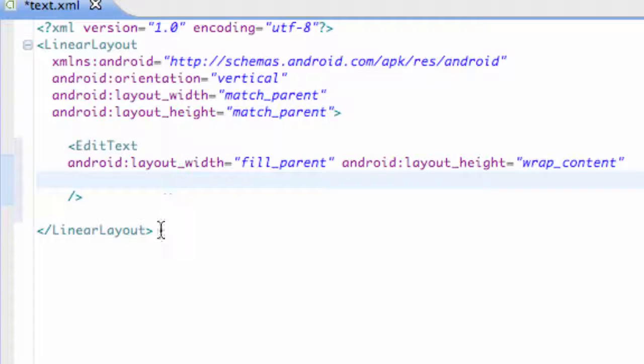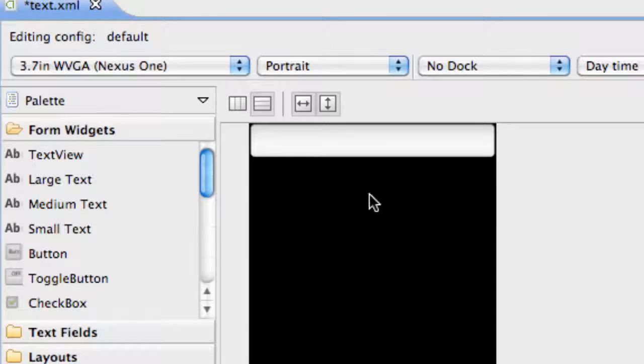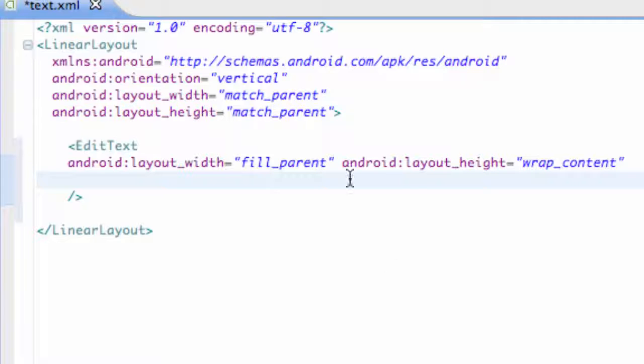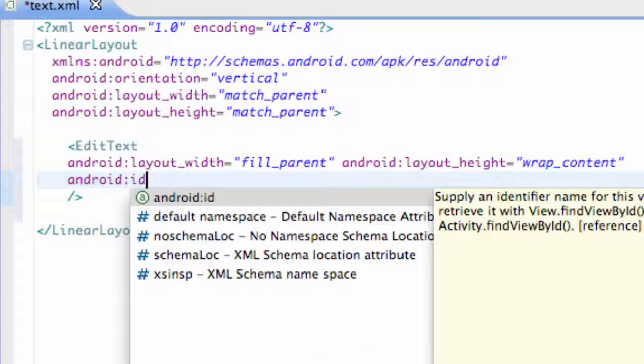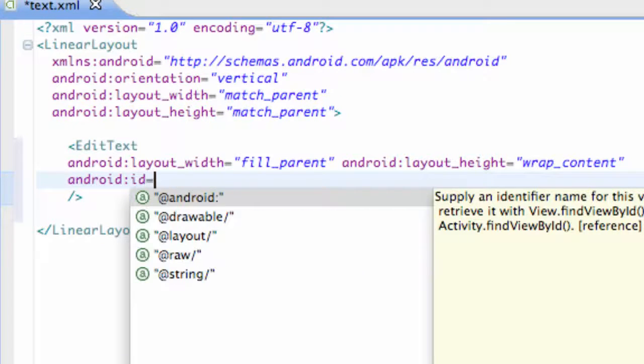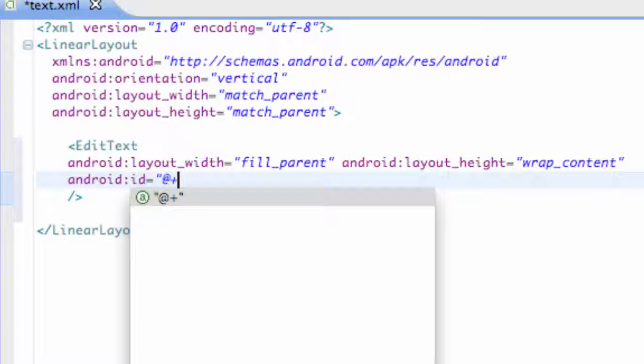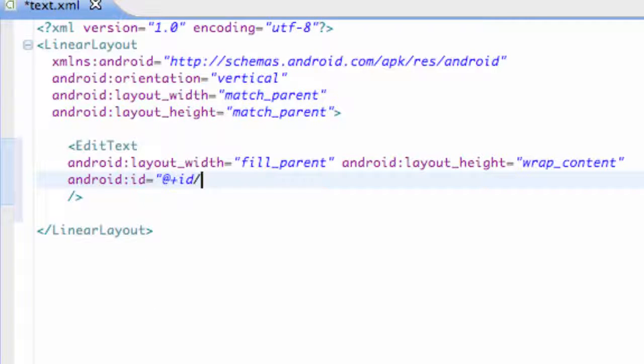But there we go. We have the setup for our text view, or I'm sorry, edit text, and that's what edit text looks like. You can put some input in there, some text or whatever, and we're also going to give it an ID because we want to reference it in Java. So Android ID equals, again within quotations, at plus ID slash ET for edit text, so we can remember it,